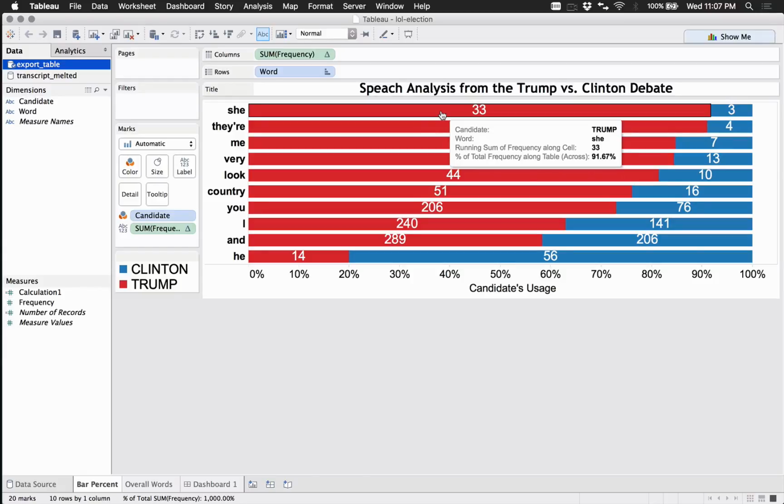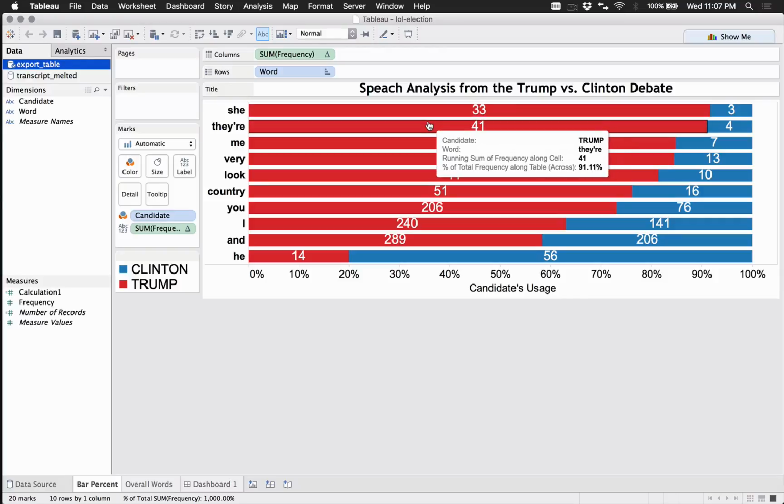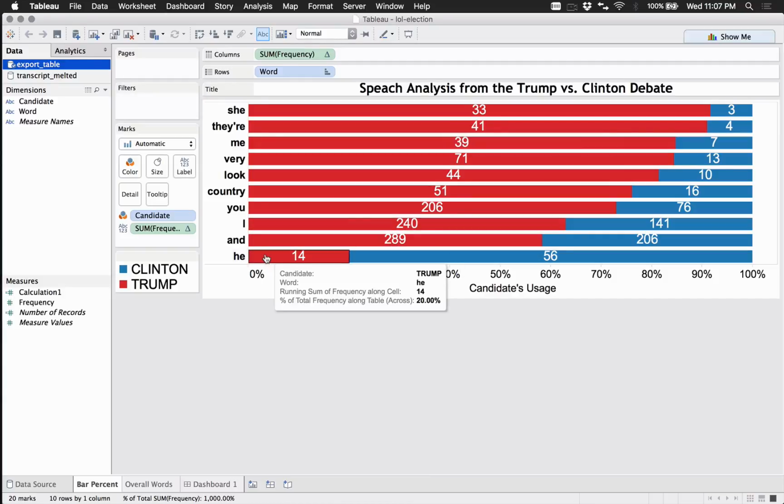So, yeah, you'll see that "she" was said 91.67% of the time by Trump, which makes sense because of the candidates' genders. Clinton said "he" 14 times, which was 20%.